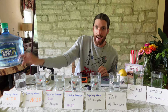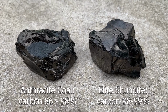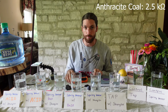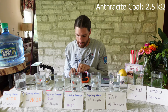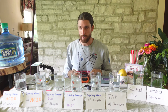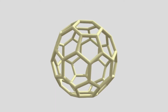Petersburg. This is anthracite. This is another type of carbon, right? Anthracite coal. They look very similar. The way to tell anthracite apart from Shungite is by its electrical resistance. I have a voltmeter here, and it has a resistance of about 2.5 kiloohms. And then if we take the piece of Shungite and test it, we'll see that the resistance is about 3 ohms. So it's nearly a 1,000-fold reduction right there, which is 3 orders of magnitude. So it's very electrically conductive, and because it's pure carbon, 99% pure with these unusual buckyball structures, I hypothesize that's